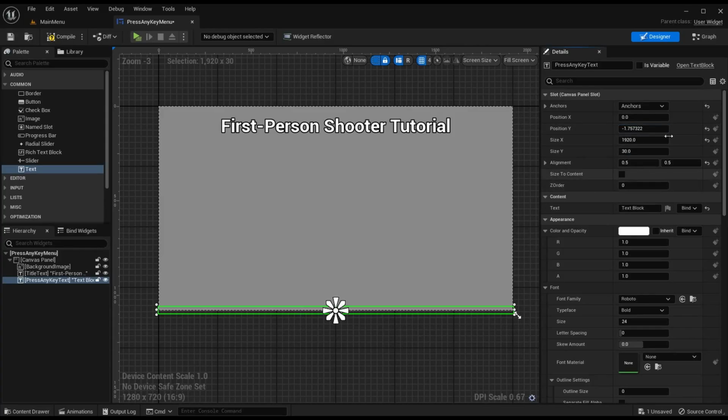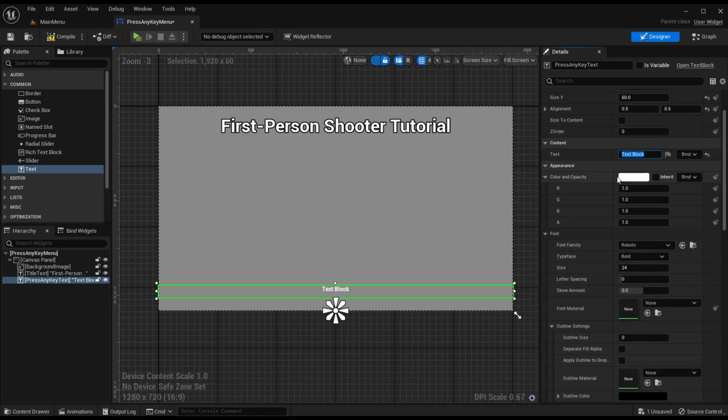I would position it up so it appears within the canvas panel, not outside of it, and we can move it to the value we want. Let's say -100. That might be pretty good. And then for the size Y, we can make it 60. Then for the text, we can say press any key,